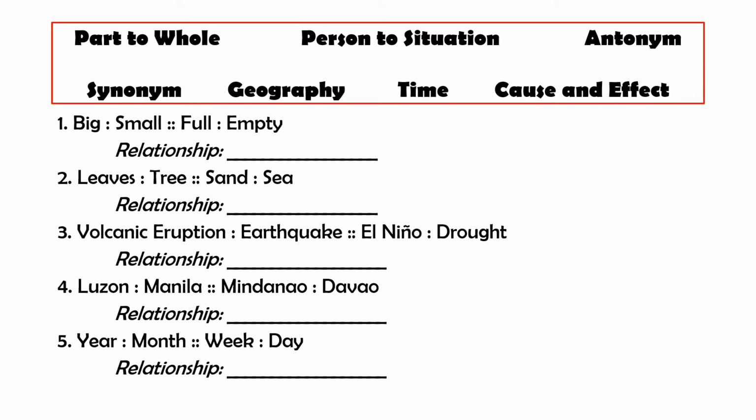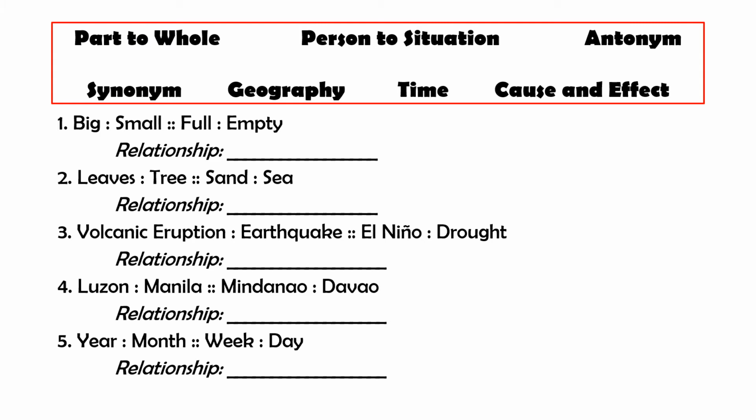Okay, these are the choices that you are to put on the space provided. First is part to whole, second person to situation, next antonym, next synonym, geography, time, and cause and